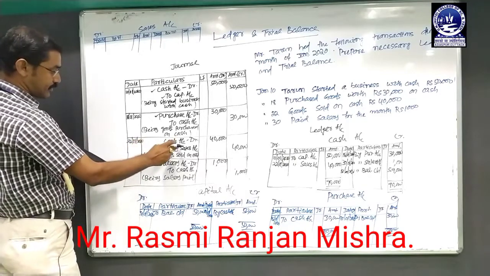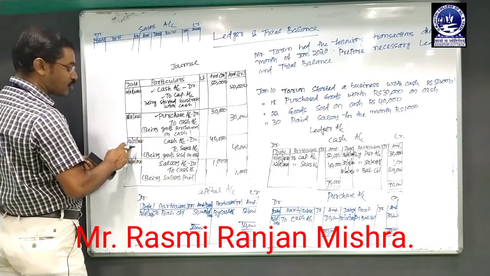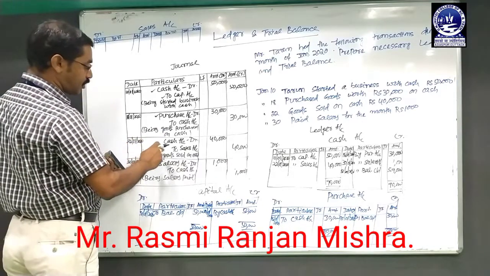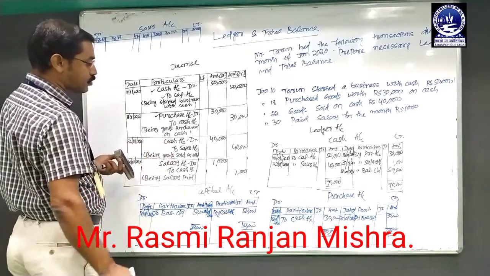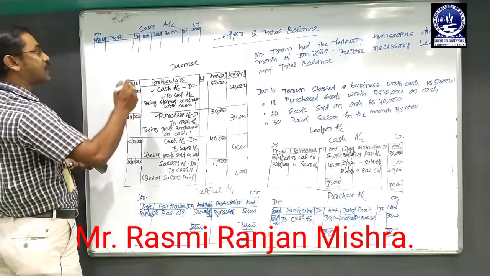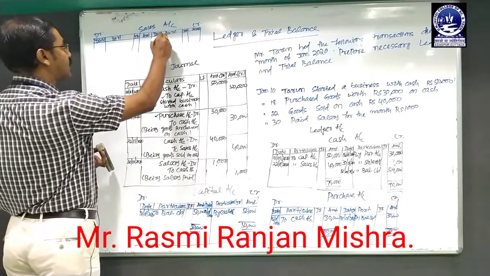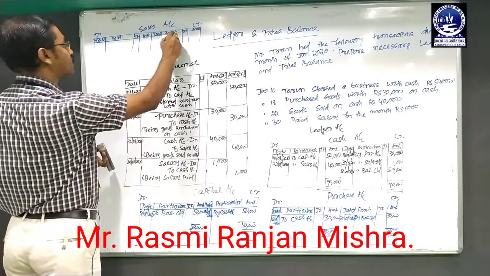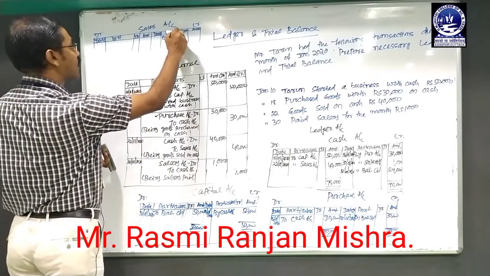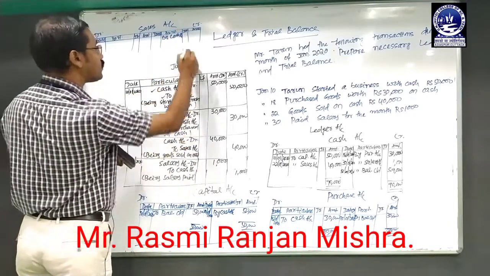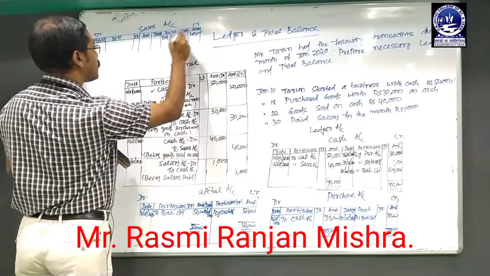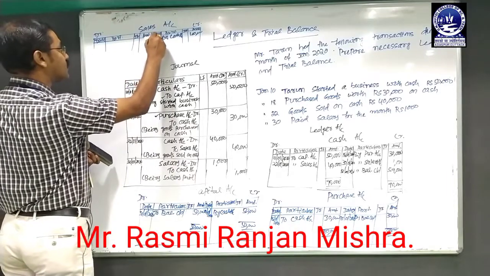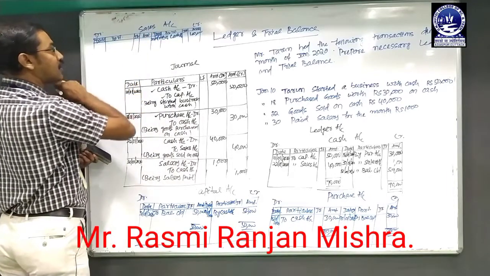In the case of 22 January 2020, there is one transaction, and the journal entry for that particular date is cash account debit to sales account. So here the sales account is credit, and we go directly to the credit side. By which account debit? That is cash account. So we have to put it as 'By cash account', and the amount is rupees 40,000, and the date is 22 January. So this is the ledger posting.